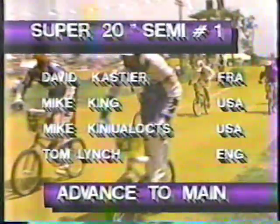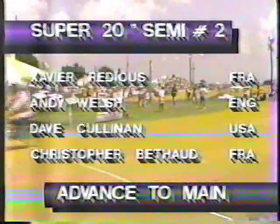Our next class of competitions, the Super 20-inch, the open class of bicycle motocross. We had a surprise from David Castor, again of France, pulling the whole shot, but in the end, it was Mike King taking the win. England's own Annie Welsh, whole shot at the Super 20-inch semi number 2. Xavier Ridoux of France followed him tightly for second spot. The largest class of the